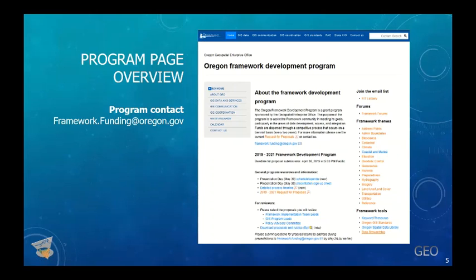This is a general email box. It can go to myself and others, and this is where I'm looking to find feedback and correspondence about the program. You can also find information for the proposers and all of the current general program information here, including